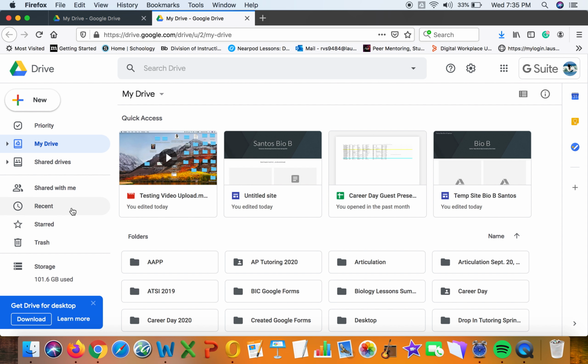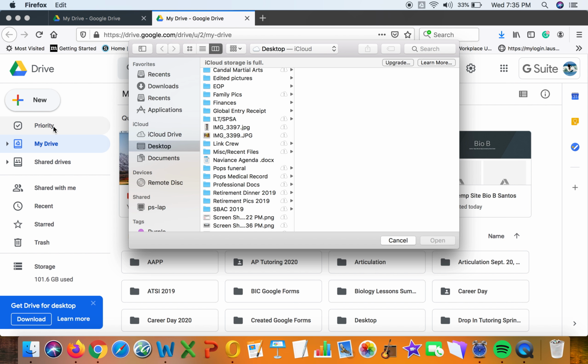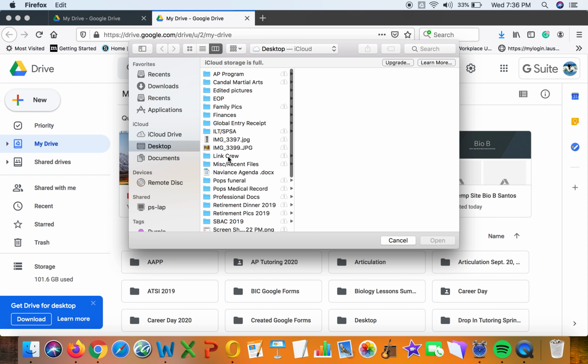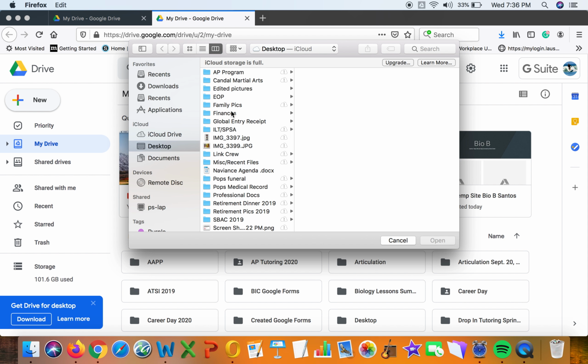And the way that I usually upload documents, videos, images from your actual desktop is just go to New and just do File Upload. Pretty simple. So I just want to show you how to do a simple upload, a Word document. So let's say I'm going to go to my desktop and let's say I want to, let me